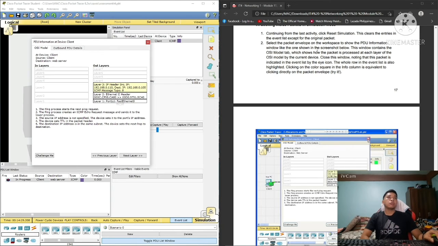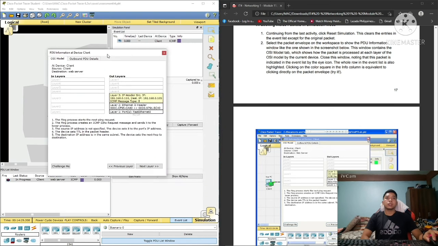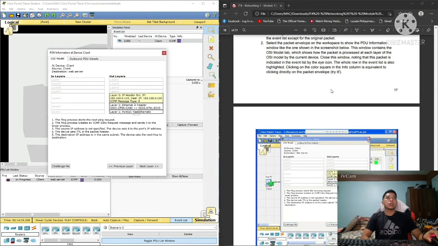Tapos this window contains OSI model tab. Select the envelope on the workspace to show the PDU information window shown in the screenshot. This window contains OSI model. So i-click natin yung envelope. Dapat ito, same sila nung nasa screenshot. The whole row, this window contains the OSI model, which shows how the packet is processed at each layer of the OSI model by the current device. Close the window,